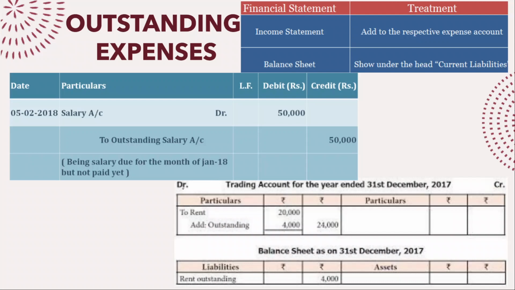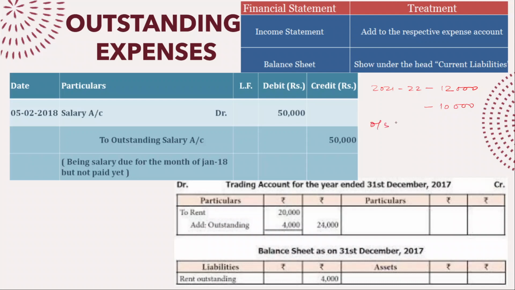Suppose your salary, as I gave you one example, suppose this year is 2021-22. So this year I need to pay a salary of 12,000 but I have made a payment of 10,000.